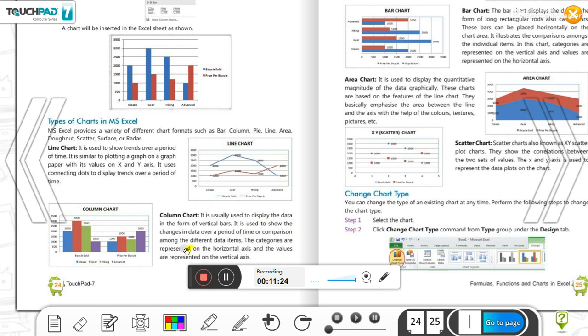It is used to show the changes in data over a period of time or comparison among different data items. The categories are represented on the horizontal axis and the values are represented on the vertical axis. This is your value, and this is your categories, such as bicycle sales, whatever is given. This is all about your column chart.